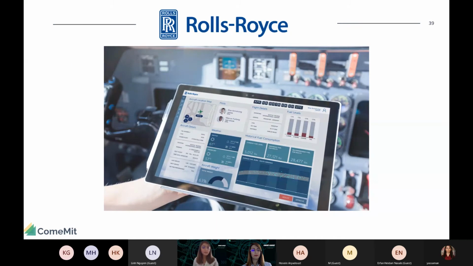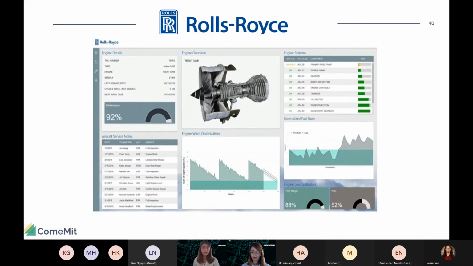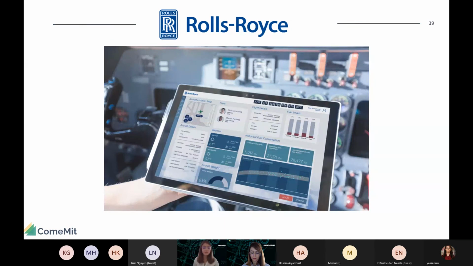This is an example of the dashboard Rolls-Royce is creating for the pilots and the flight engineers to see, okay, where was the last time this aircraft flew to, how much fuel it has used, how much more, what is the situation or status of the motor inside this aircraft, etc. There is so much information inside this dashboard, a lot of different KPIs, which helps the aircraft pilot or engineer with just one quick view.